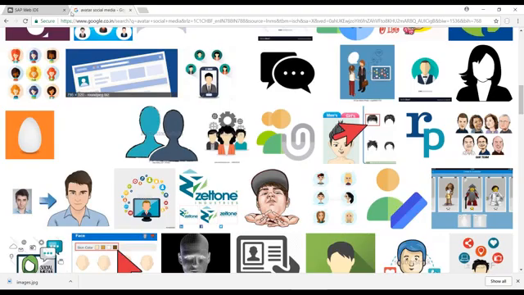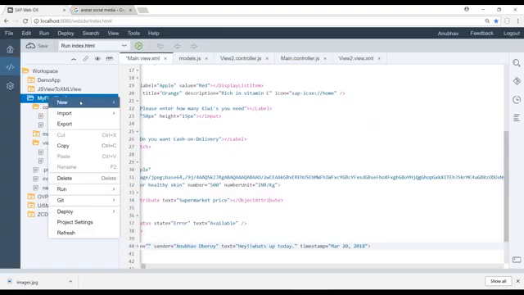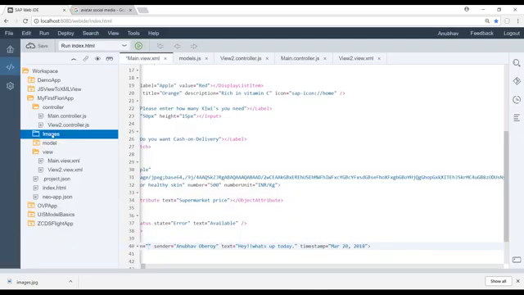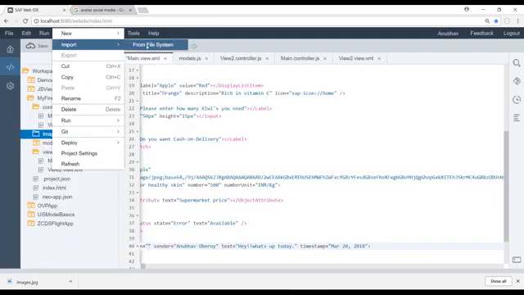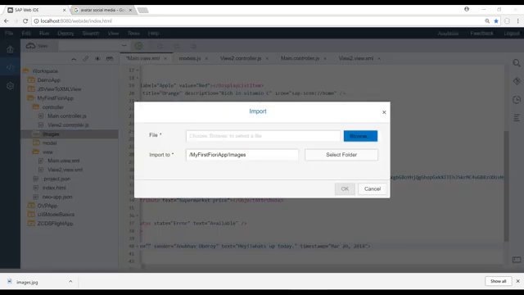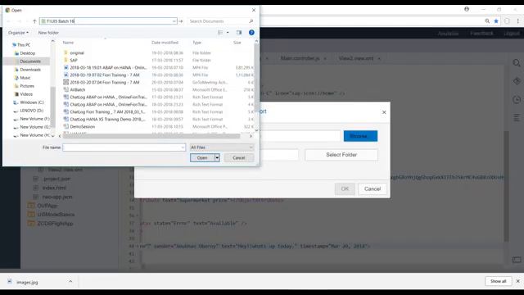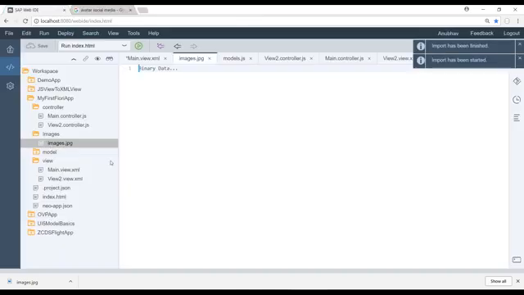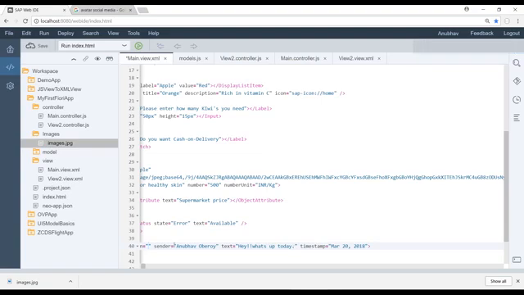So I come back to our project, create a new folder called images, and right click, import from file system, browse, and upload this image. Then I give the path for this image over here. So let's give the path images slash images.jpg. Save this